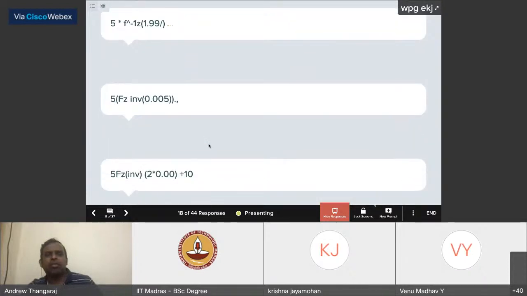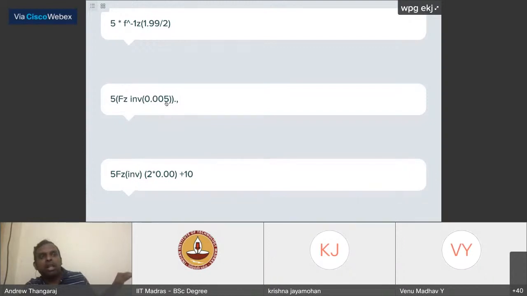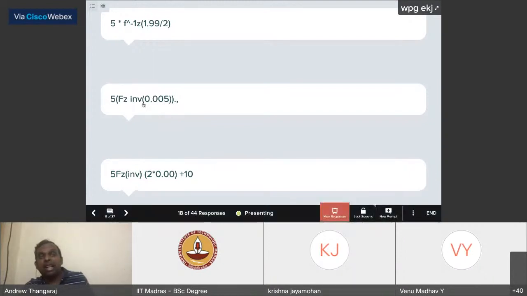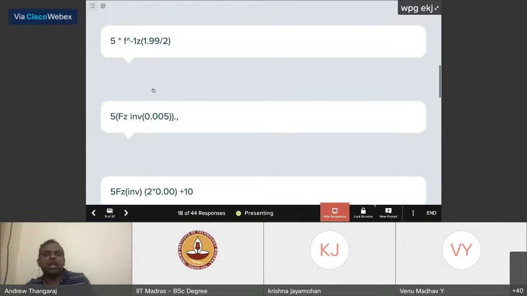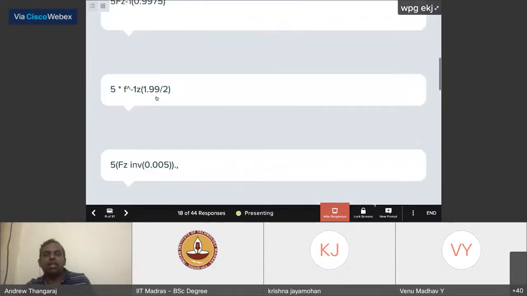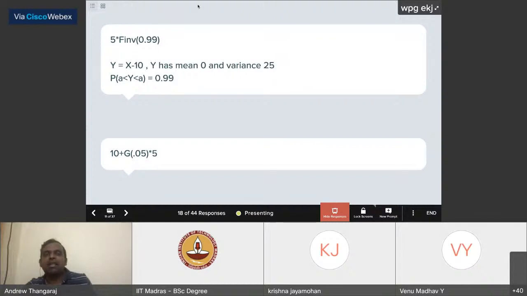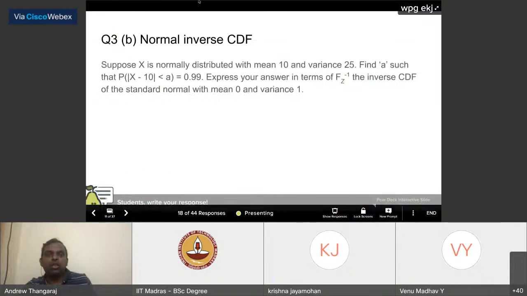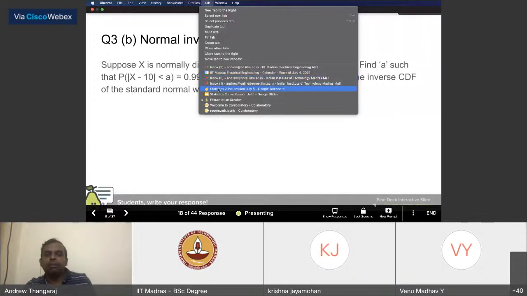Okay. 5 times Fc inverse of 0.005 is not quite true. See, how do you evaluate the correctness of this answer? So what is going to be Fc inverse of 0.005? It's going to be some negative value, right? Think about it, 0.005 probability. What area will you get? You will get a negative value. So are you going to get a negative value here for mod x minus 10 less than a? No, right? So these are ways in which you should quickly check whether your answer is correct or wrong. This answer is correct: 5 times Fc inverse of (1 + 0.99)/2. There's one minus somewhere, something has gone wrong in these answers. Okay, so some people have got to the correct answer. Not too bad. So let me just show you the solution once again and walk you through that.